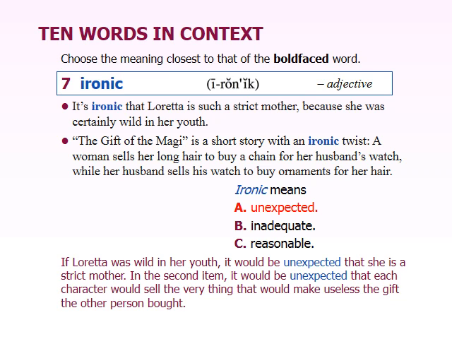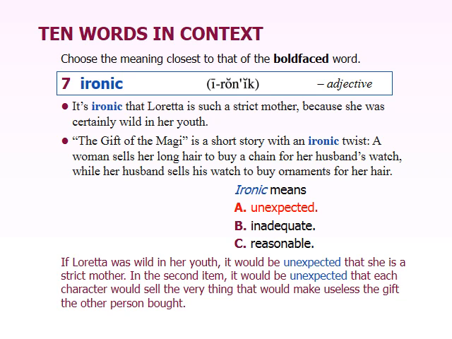Ironic comes from the word irony, which, if you've ever taken an English class, I don't mean an ESL class, but an English literature class, you'll learn about. When we talk about irony, it means that the result is sort of opposite of what was expected, and in that sense, it's unexpected. So, in the first example, Loretta, when she was young, was a very, very wild child. So you would expect that she would allow her children to be wild because that's how she was. But in reality, it's just the opposite.